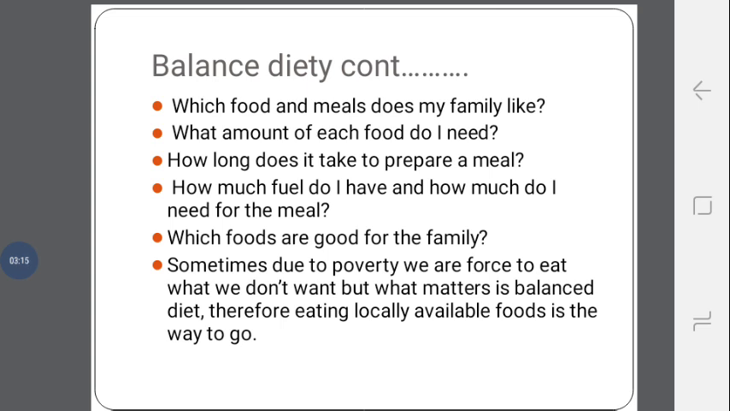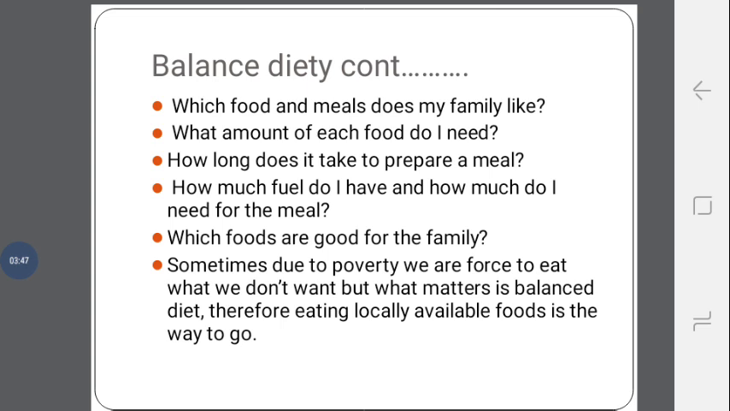Inatumia muda gani ili kuweza kukadiria kiasi cha nishati ambayo utahitaji. How much fuel do I have and how much do I need for the meal? Nina nishati kiasi gani kwa ajili ya kupikia chakula hiki? Which foods are good for the family? Pamoja na kwamba familia inaweza ikawa inahitaji zaidi chakula cha aina fulani, je, ni chakula gani ni kizuri kwa ajili ya familia? Sometimes due to poverty we are forced to eat what we don't want, but what matters is balanced